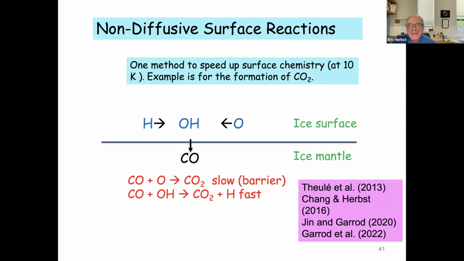This is a system of partial diffusion. The oxygen and the hydrogen can react quickly on a surface, they're light, but they form an OH that is not very reactive, except that the OH and CO are very close to one another. One is right on the surface, one is right below it, and so they don't have to move at all to react. That's what's called non-diffusive reaction, and that's what probably makes CO2. It was first done by a French chemist, Toulet.